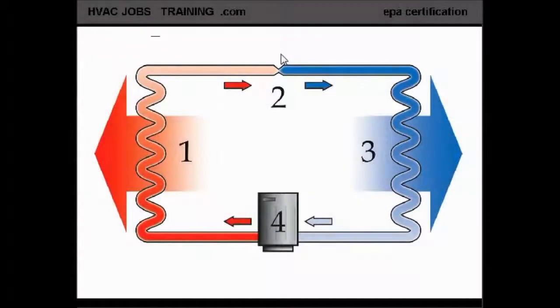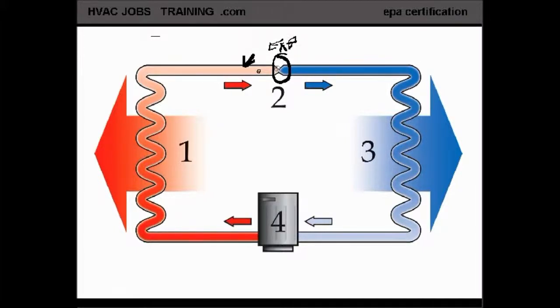This drawing is a graphical representation of the refrigeration cycle. This tubing is typically copper tubing, and inside that copper tubing is either a liquid or gas refrigerant. When this liquid refrigerant enters this orifice that we call an expansion device or an expansion valve,